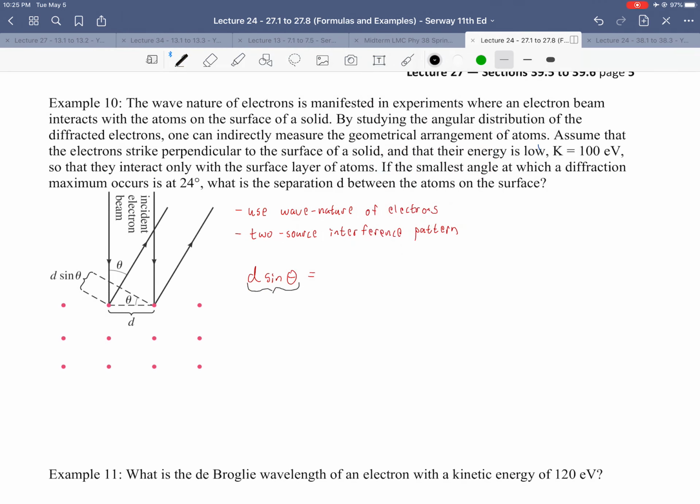All right, let's label that. Two sources, two waves with a path length difference of d sine theta. Real fast, so I don't make any assumptions here, this is coming from the geometry of this picture. It's simply a matter of that, right? Now, in order for this to be exactly d sine theta,